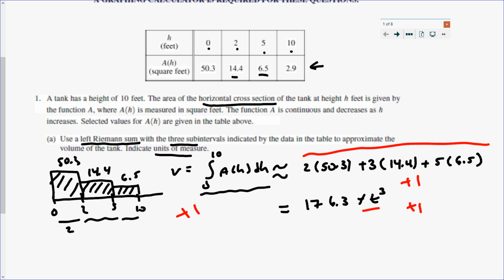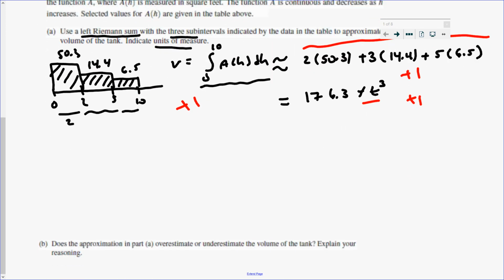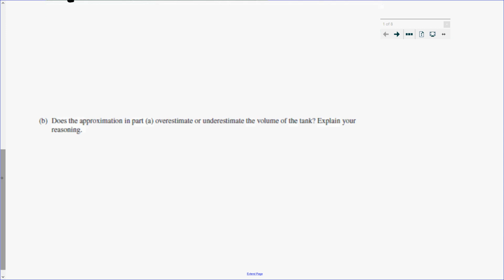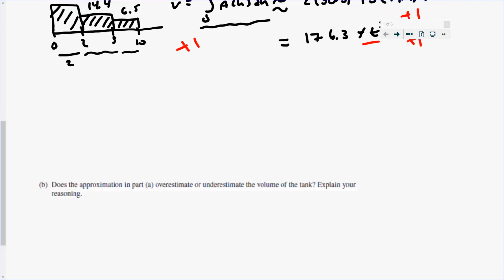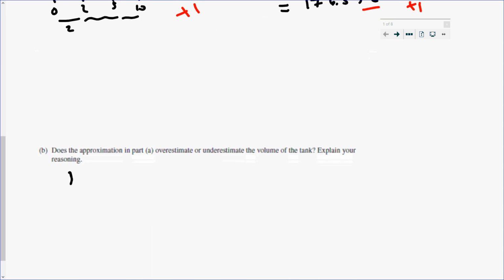All right, so let's go ahead and take a look at question B. Now, question B, we went all the way down here. Let me extend the page. Question B says, does our approximation of part A overestimate or underestimate the volume of the tank? Well, we know we are taking a left Riemann sum, and we are told that the values are decreasing. Well, what does that tell us? Well, if I were to draw something, a decreasing function, and I took a left Riemann sum every time,